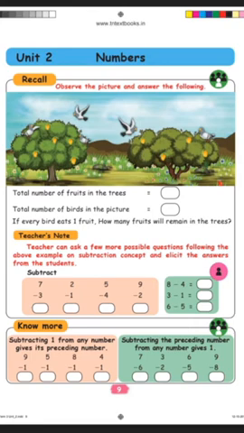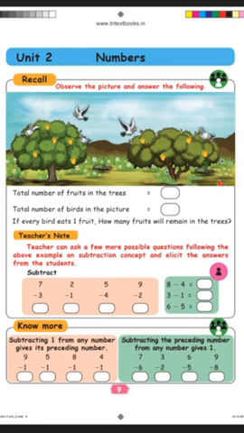Then 5 minus 4. Take 5 fingers. In 5 fingers you close 4 fingers. If you close 4 fingers, what is the answer? Remaining is 1. Then 9 minus 2. Take 9 fingers. If you close 2 fingers, remaining will be 7. See in this green box, 8 minus 4. We take 8 fingers. If you close 4 fingers, what will be the remaining? 4. Then take 3 fingers. If you close 1 finger, remaining will be 2. Minus means you have to close your fingers. Then take 6 fingers. If you close 5 fingers, remaining will be 1.